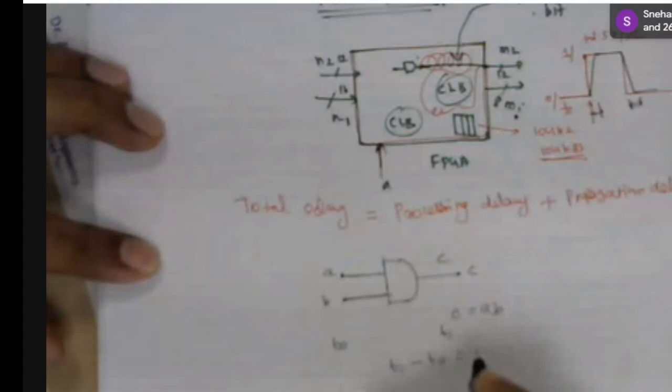The equation is something like this. X of 7 and X of 6 go into one XOR gate. Then that output and X of 5 go into another XOR gate. But in an FPGA, there is no series XOR gate. In parallel, you can design one XOR gate that can take n number of inputs. It is something like this. This is one XOR gate, and you can load n number of inputs there. This is X of 7, this is X of 6 and so on, this is X of 0.